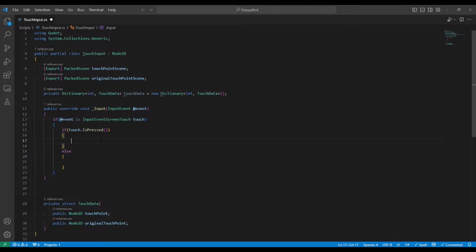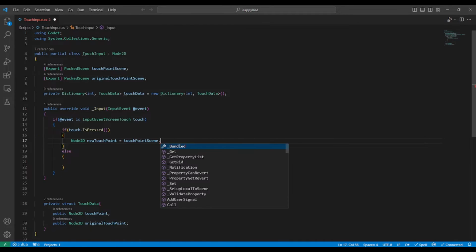So if the touch has begun, we can spawn those touch points. So we'll go Node2D newTouchPoint is equal to touchPointScene.Instantiate,